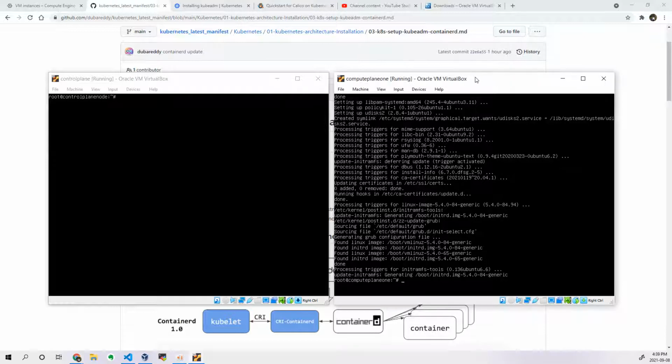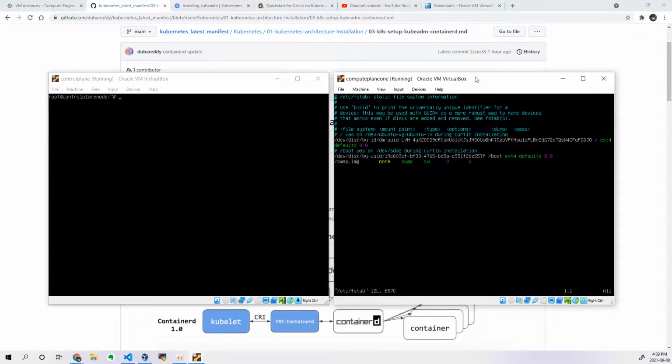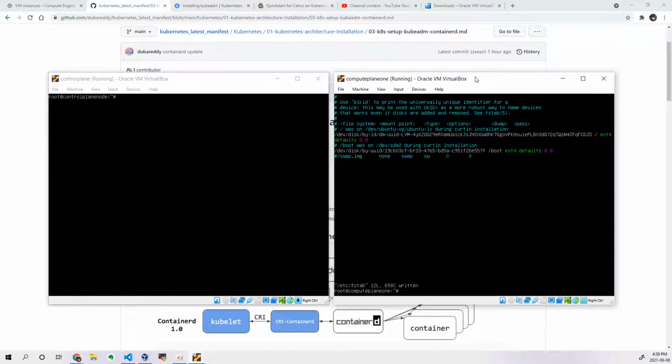Oh, sorry. This is done. So what can we do now? Disable the swap memory. You can see here it's enabled. So disable it permanently. fstab, the file system table. Comment out this line, save it, and reboot the